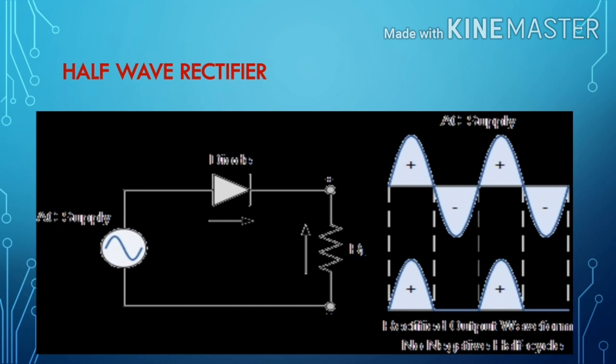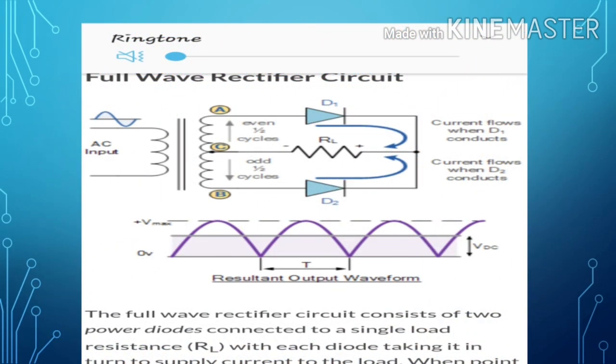This type of rectifier is called a half-wave rectifier, and in this half-wave rectifier circuit we are using a single PN junction diode, an AC input signal, a transformer and a load resistance across which the output is measured. But to smoothen the output, that is the pulsating DC voltage, we must use a filter circuit.